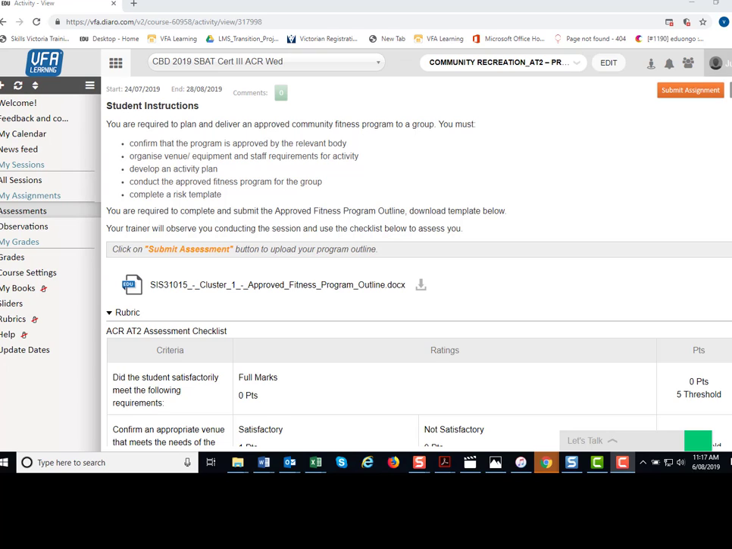In this video, we're going to discuss Assessment Task 2 from the Community Recreation Cluster. Please note that the contents of this video will also relate to Assessment Task 4 and Assessment Task 6, where the requirements of the task are the same. Now, as you can see from the task description, in this task you are required to plan and deliver an